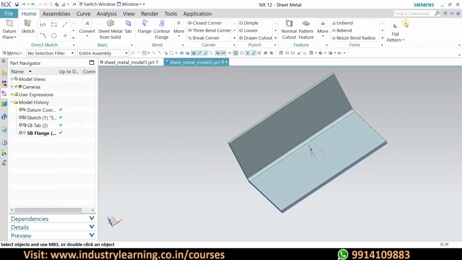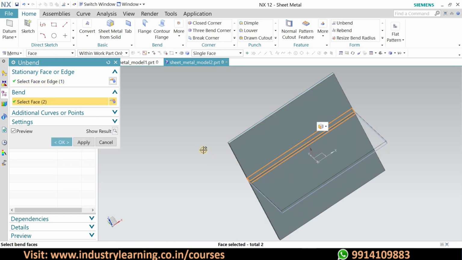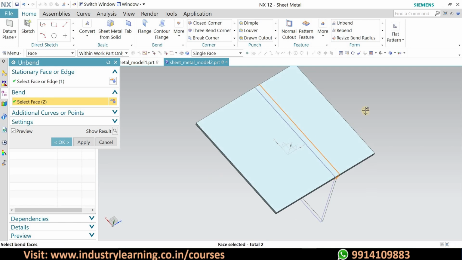So the next commands that we are going to discuss are unbend, rebend, and resize bend radius. First of all we'll see unbend. For that we have to select face 1, then face 2, and we can see it has been unbent, meaning it has become straight.